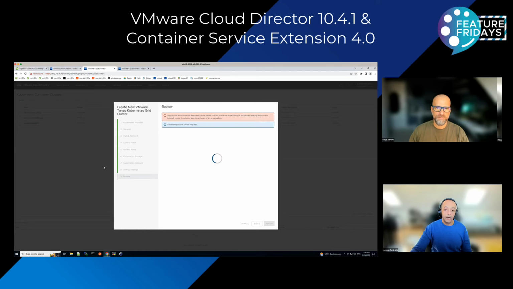It will just start the workflow. What I wanted to show you as a last thing, and see here it says creating CAP VCD cluster. And I presume now you can sort of tail the log file in the CSE server. Exactly. Yeah. But before I show you the tail, I just want to show you something quickly here.